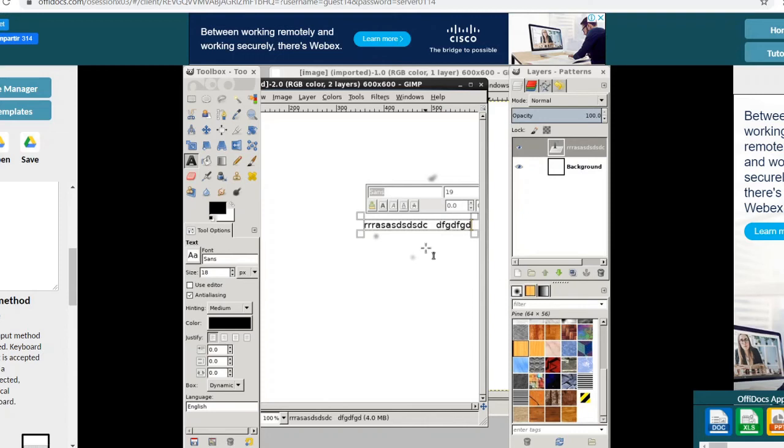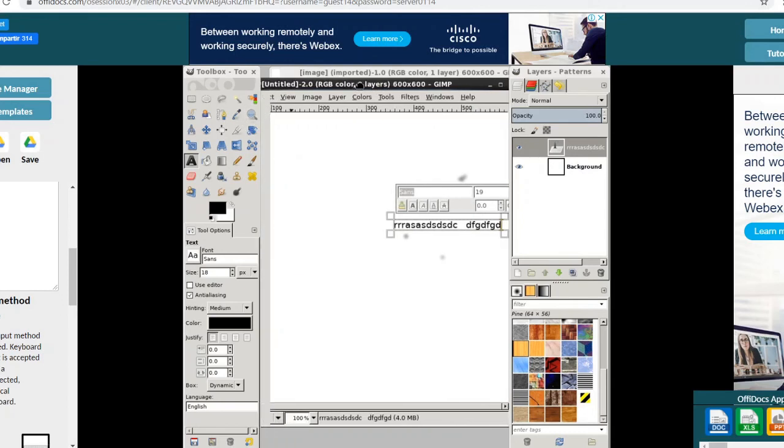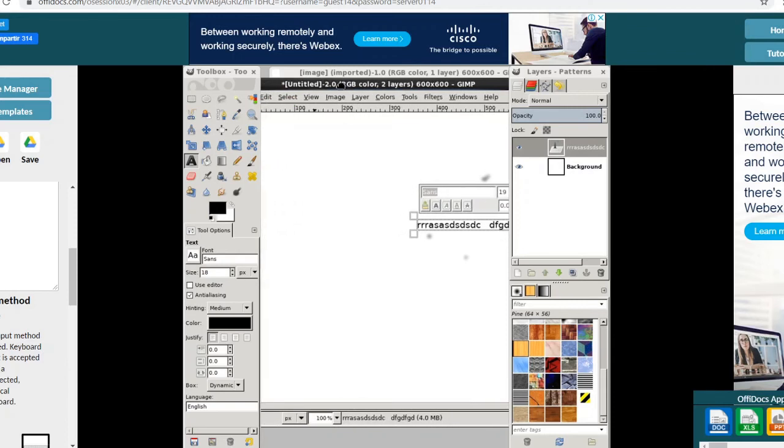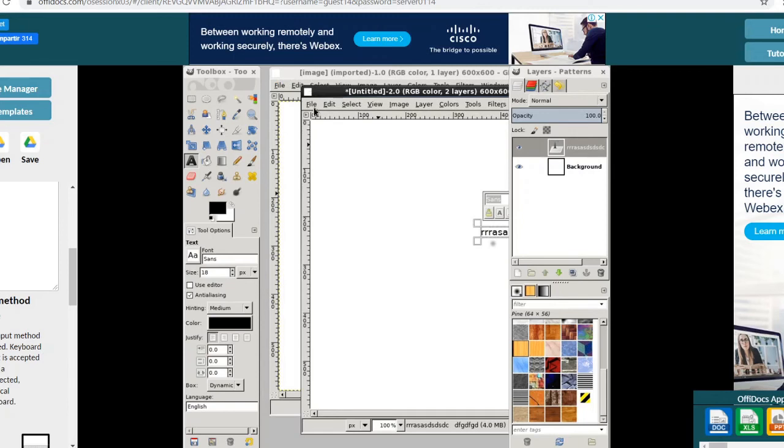You can see the text which I have typed on this screen. So in this way you can enter text also in the image window. Suppose you want to save changes. So look at the steps which I am going to use now for saving all these changes.